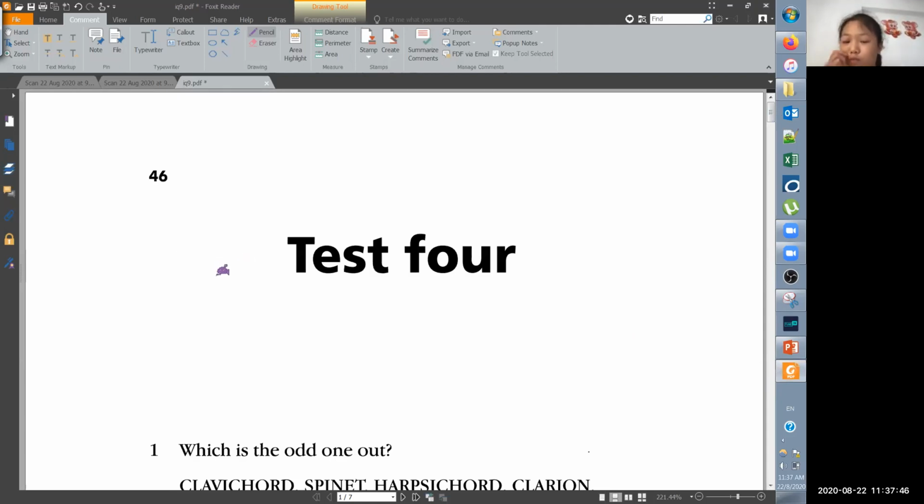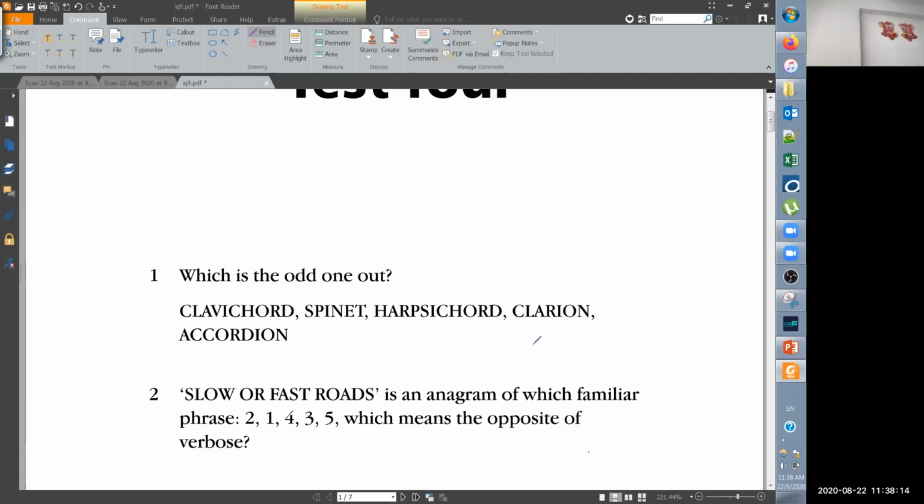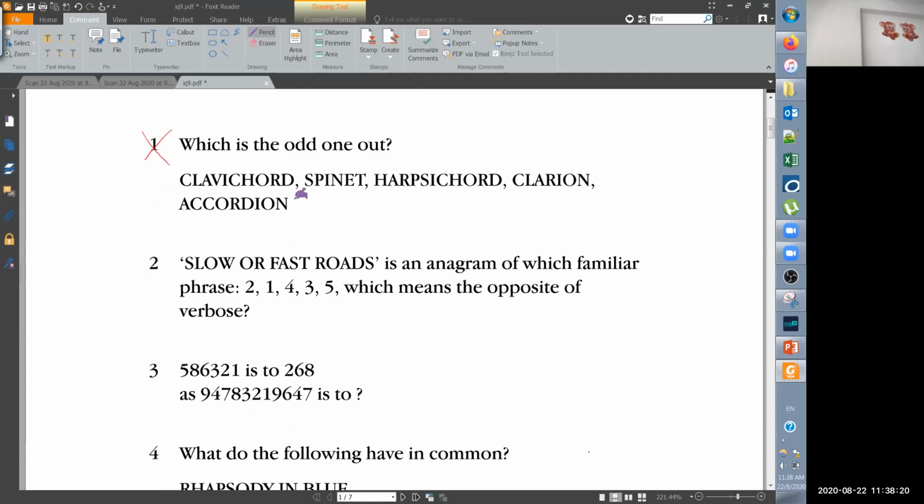是这张哦。Let me go to. Okay, good. First question, which is the odd one out? Okay, we don't want to do English. Okay. Here, slow or fast road is an anagram, so no. 这题呢？